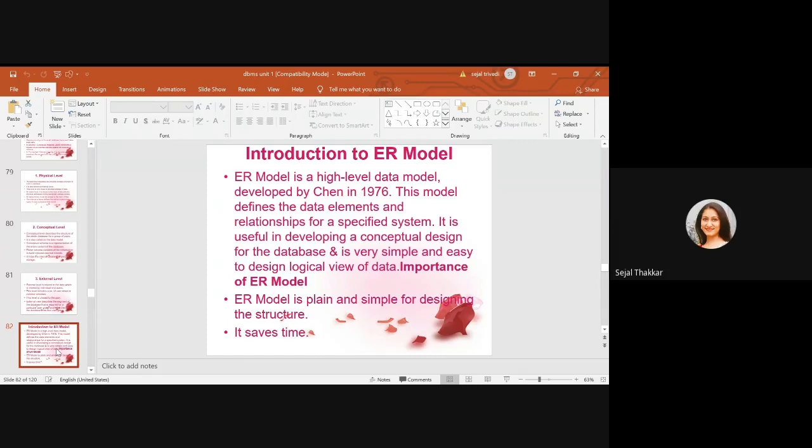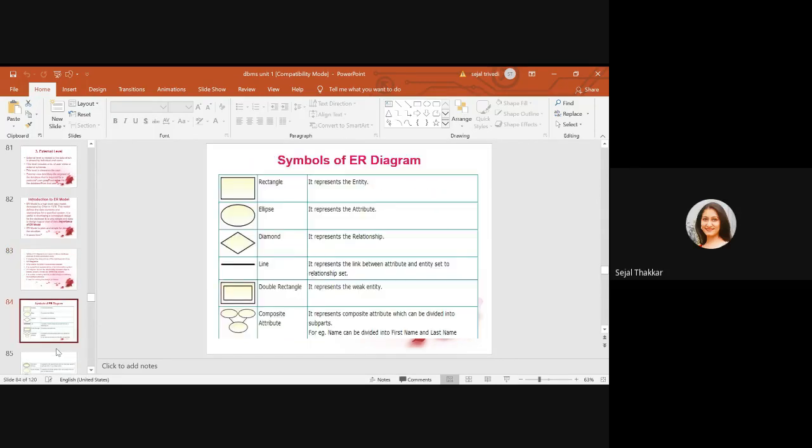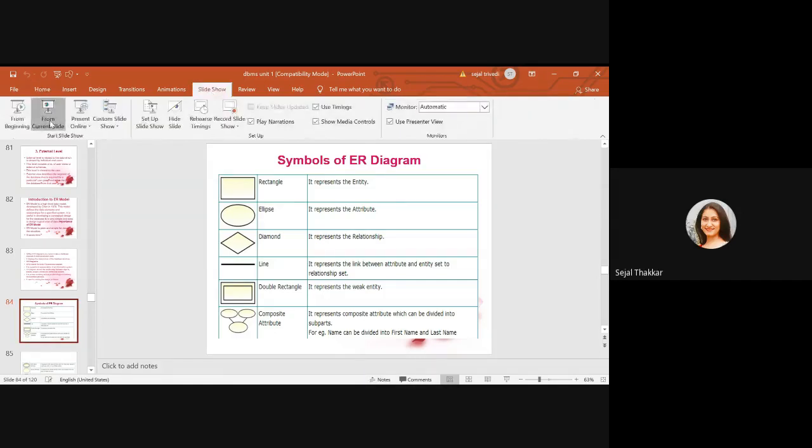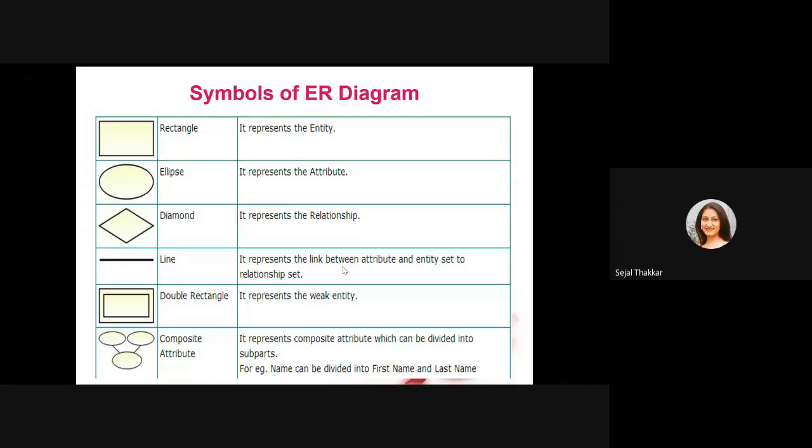Good afternoon, students. In yesterday's lecture, we went through the entity relationship model and its symbols. As I told you, software development life cycles have various phases like system analysis, design, coding, and testing. Whenever we are making any system, as in the example I took last time, the library management system, the first step is requirement gathering.